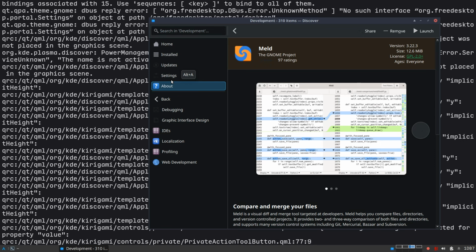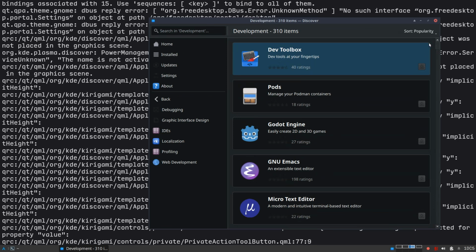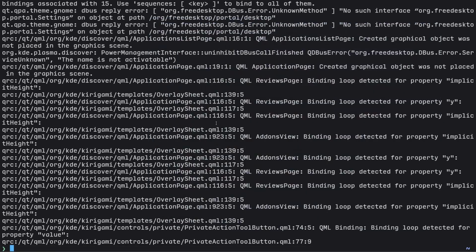How is Steam even going to work in this shit? And I wasn't even asked. Do you want to install it with Flatpak or do you want to install it with the package manager? They didn't even ask me. So for me, this is complete and utter shit. But anyway,